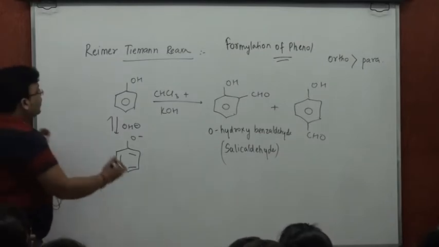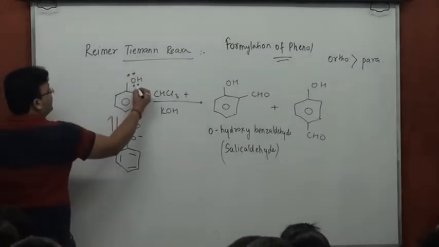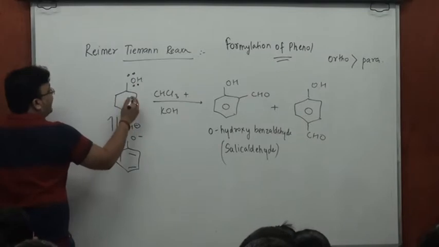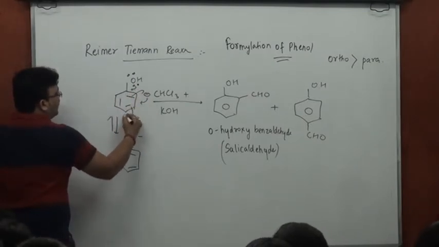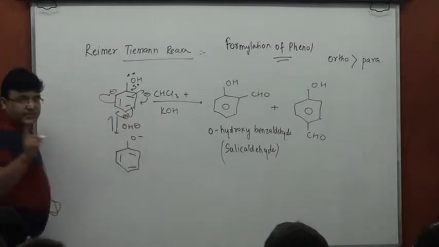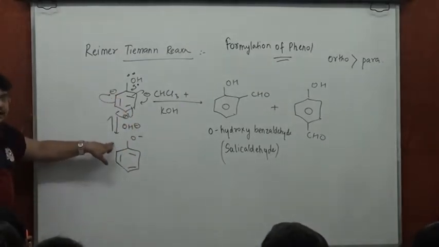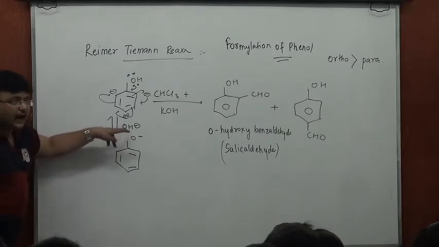Yes, in phenol you know there are two lone pairs that go and increase electron density at ortho and para positions. We all understand that. You know how it's ortho-para orienting, how it's activating in nature. Yes or no? Whereas in phenoxide, there are three lone pairs. In phenoxide, there are three lone pairs.